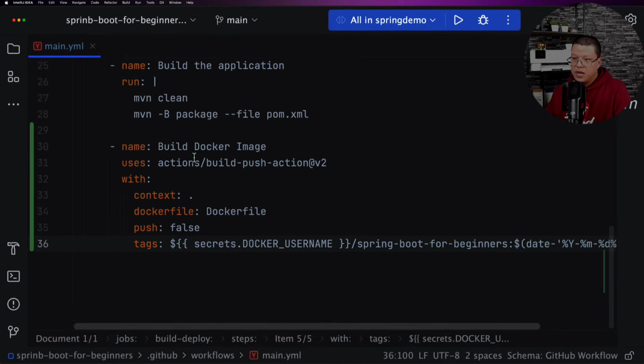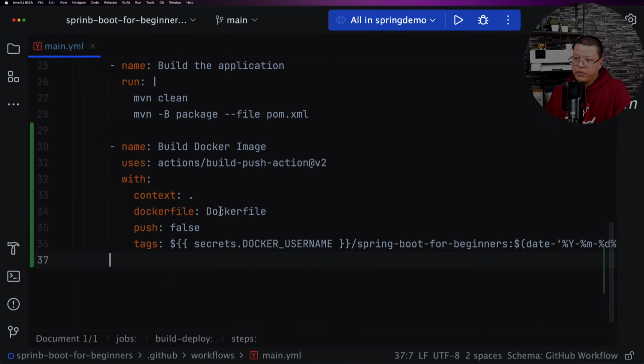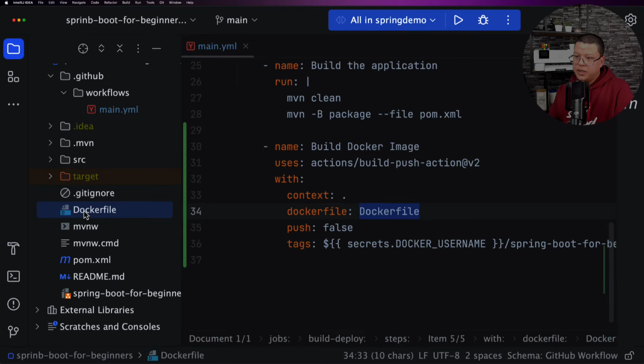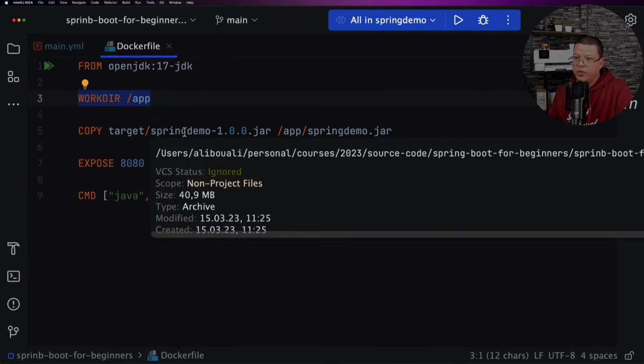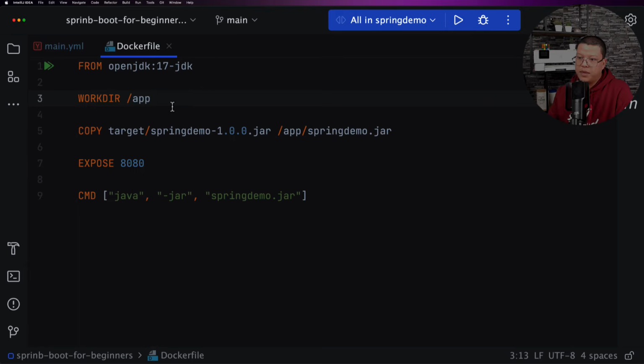All right, so now we have our build Docker step ready to use. Now the next step is connecting to Docker and then publishing the Docker image. But before that, I said that I will explain and show you this Dockerfile, which you can find in the source code of this repository. So within the project right here, I have a file called Dockerfile. This contains the definition or the blueprint of the Docker image of the application that I want to build. So here you see that we are pulling from the OpenJDK image, and then we define the working directory. And after that, we copy the target/springdemo-1.0.0.jar